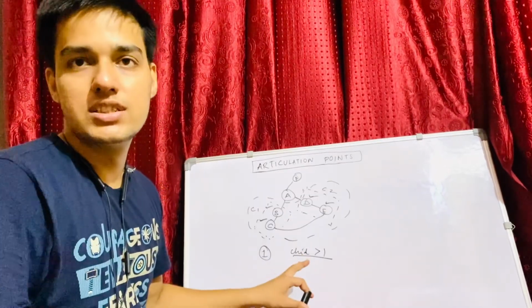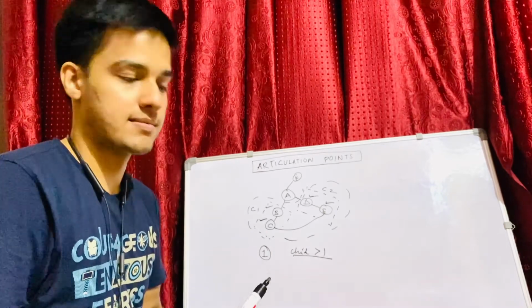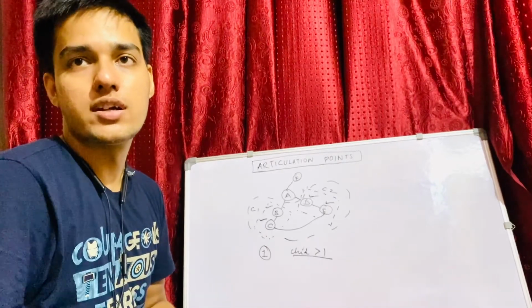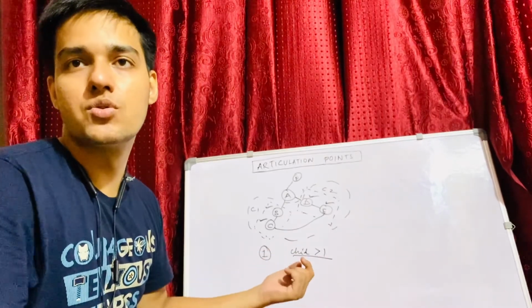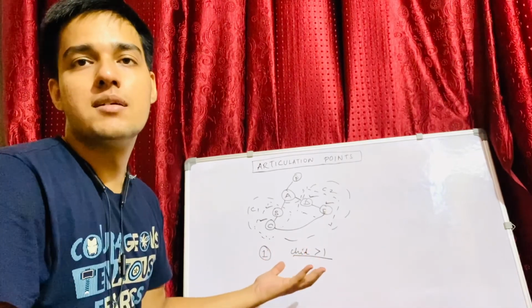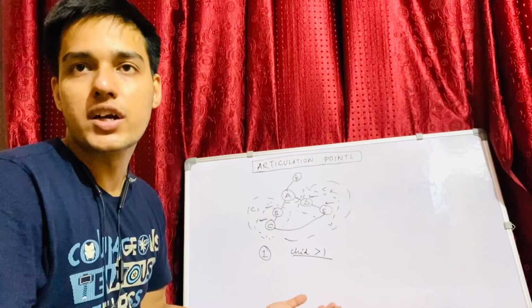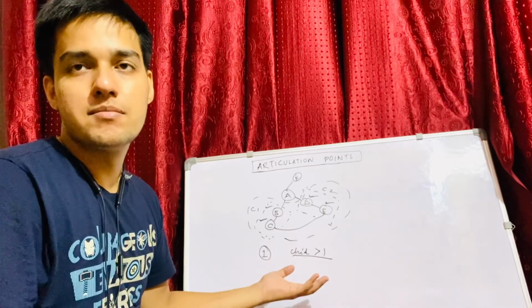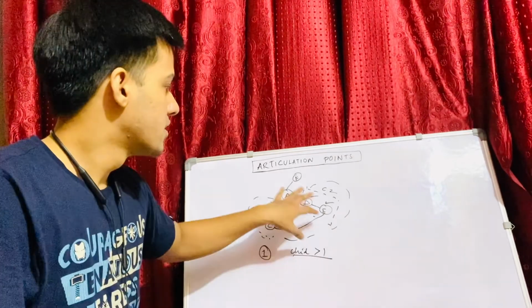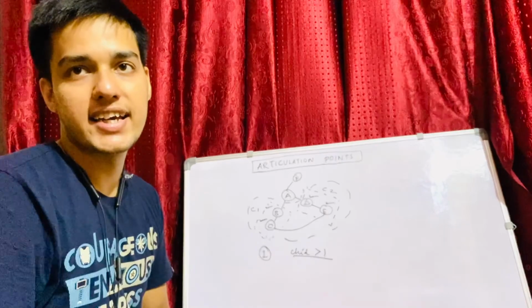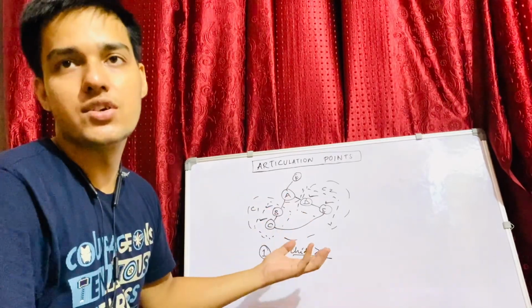So we can clearly use this approach to check whether a root is an articulation point or not. And for all the nodes apart from the root node, we can just use the same thing by finding the discovery time and the low time and just comparing them by the condition that I discussed earlier, by using the concept of back edges to see whether it is an articulation point or not.